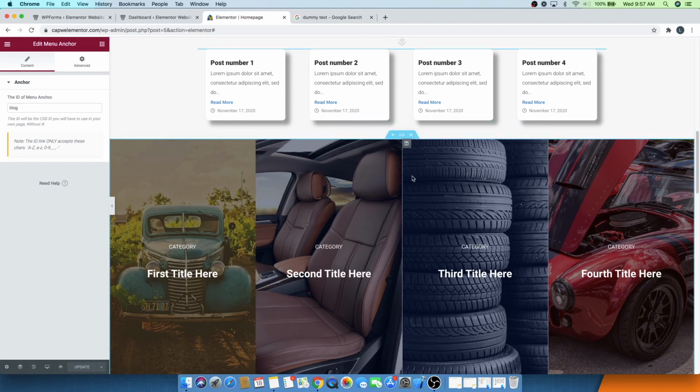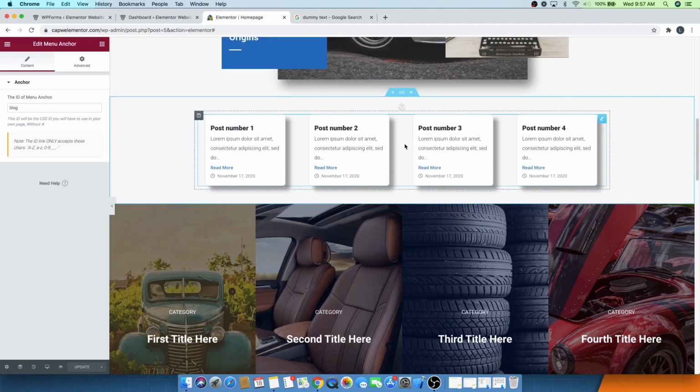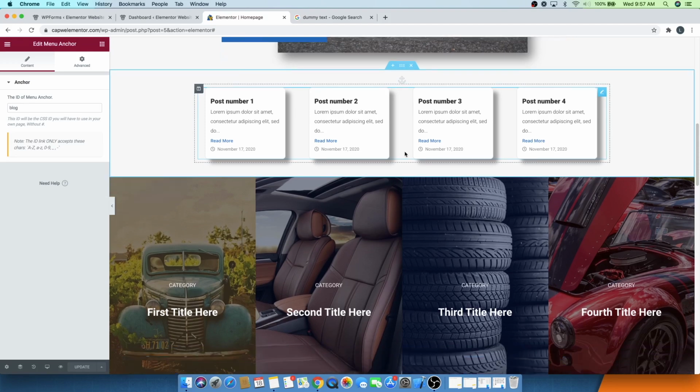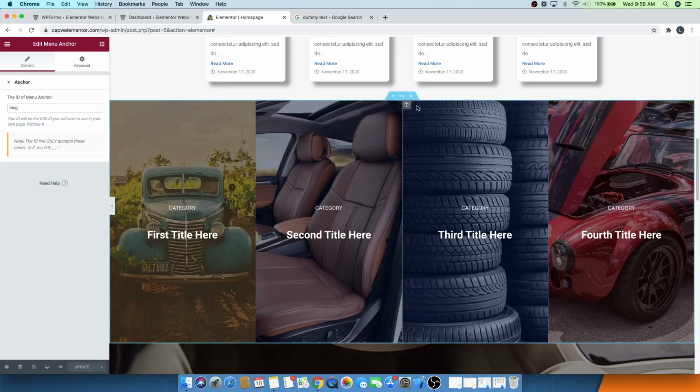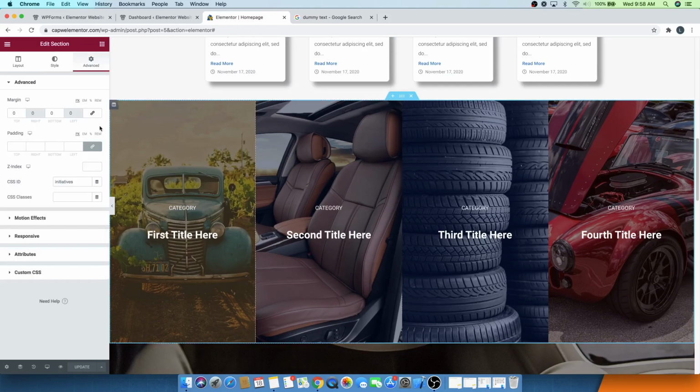I personally like using this one as long as it works. Now, if I were to put this section as the background, it might not put it correctly to the top, so that's why I put this anchor right here. But when it comes to this section and there's just a straight line, I went ahead and made the actual section the anchor. And so again, you just click on the 6 dots. You make sure you're on the advanced tab and go down to CSS ID right here, and you can type